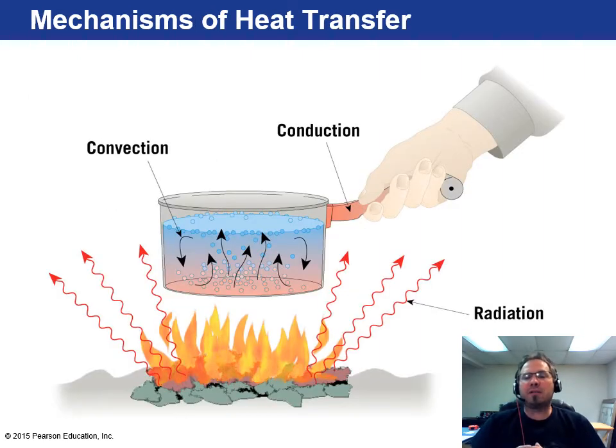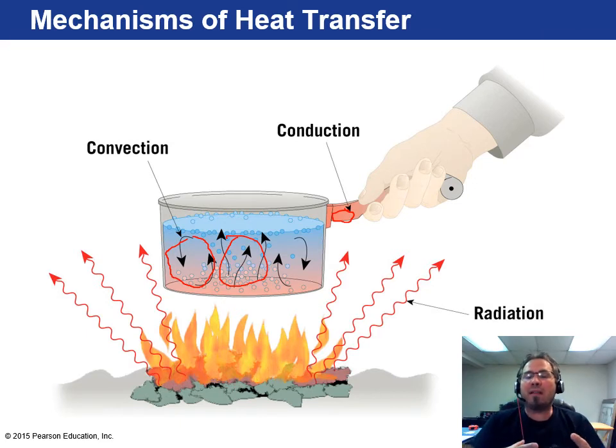So here are the various different aspects of heat transfer. So we have conduction. You heat up this pan. The heat itself is giving off radiation. That's what these red squiggly lines represent. That's heating up the water, but it heats it from the bottom to the top, creating sort of this rotational type of thing. You can see that with these arrows here. So cold water sinks, gets heated, hot water rises, and creates these rotational things. But at the same time, the pan is also getting hot, which then conducts that heat from the pan to the handle. That's conduction.